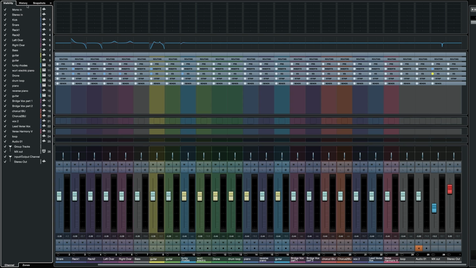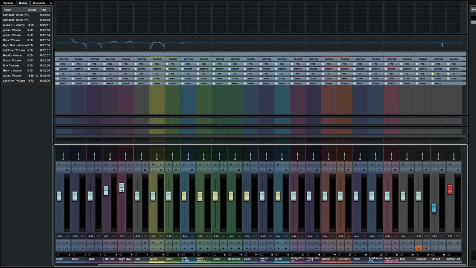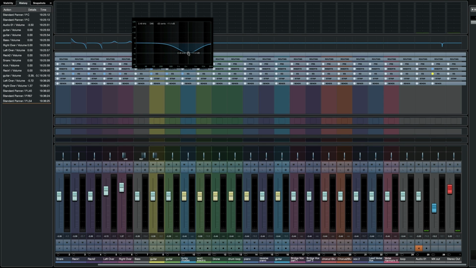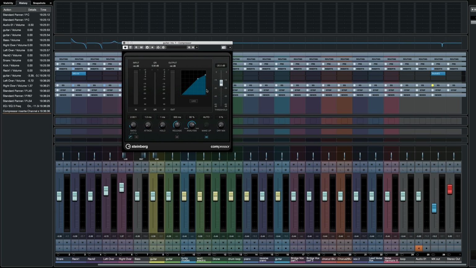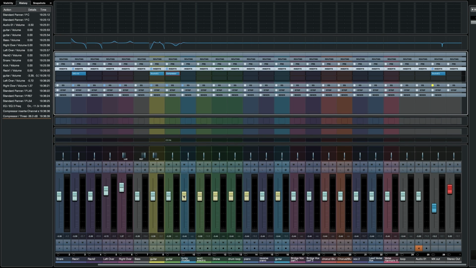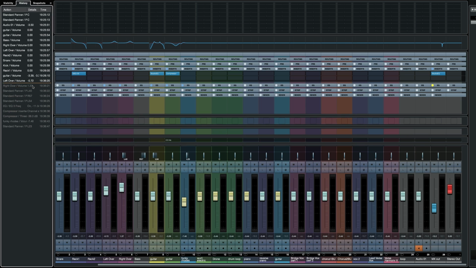Now, history, as you probably guessed, is pretty self-explanatory. If I do anything, literally anything in the project, so I'm going to move some faders here, some panning, left to right. If I decide to change an EQ, if I quickly go here and do that, add an insert, let's say I wanted to put a compressor right here and change a setting on the compressor, Cubase is tracking all of that for you, so you never have to worry about ruining a mix or changing something by accident and being like, oh my gosh, I can't remember what I did. I don't remember where that fader was. You don't need to worry about that because Cubase is tracking all the history for you.